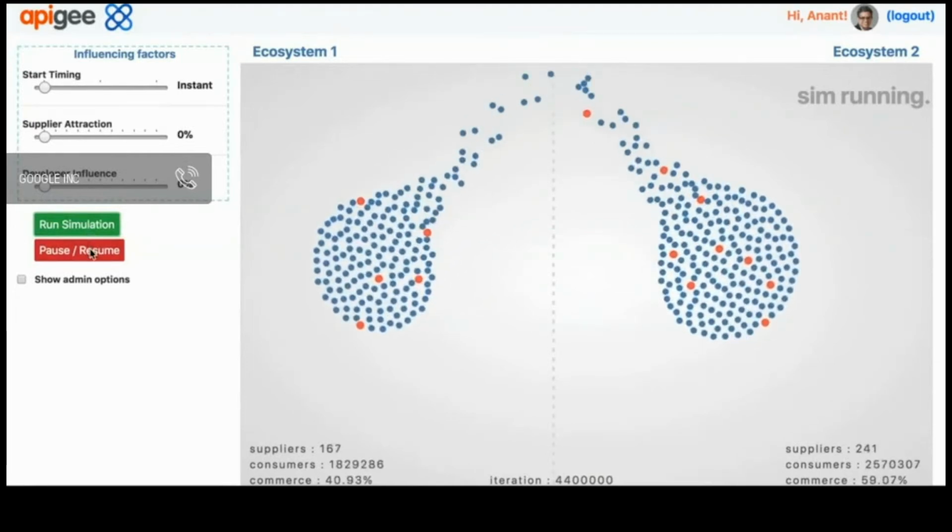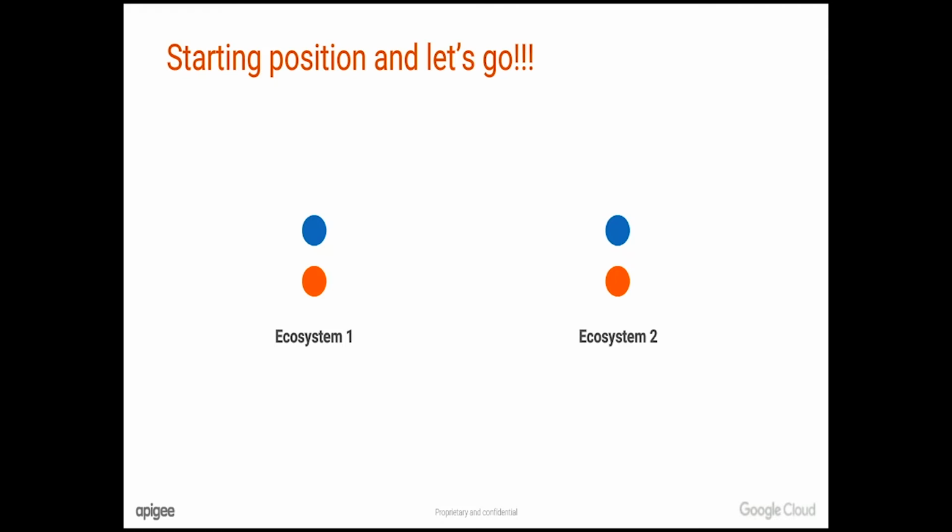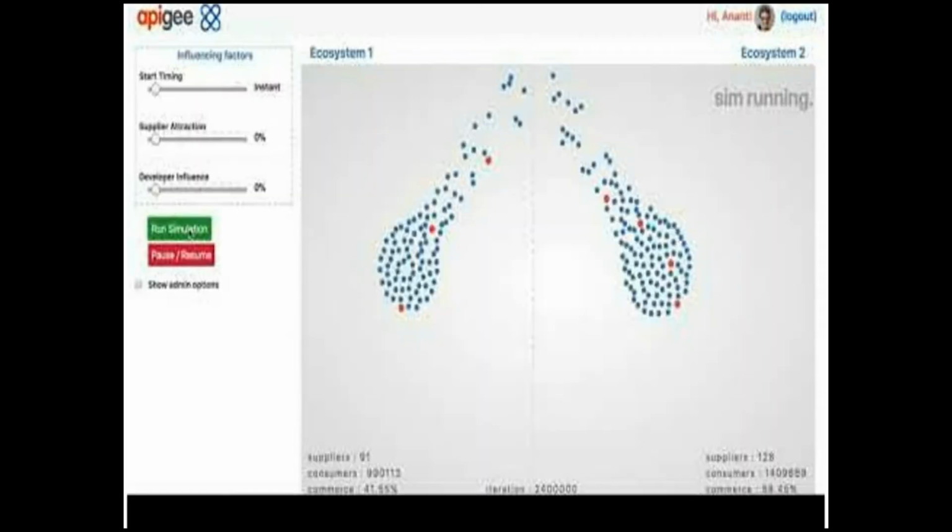The critical part about this is that even if the conditions are the same, as we set them up, there is enough variance in real life. And this is true even for you. Even if you have a perfect strategy and you are either your competitor or you are mimicking each other's strategies, there's enough variance in real life. There's a probabilistic model built into the simulation that ensures that it's almost never that each of them ends up with 50-50 of the market. But of course, if you run this enough number of times, then ecosystem 1 wins once and ecosystem 2 wins